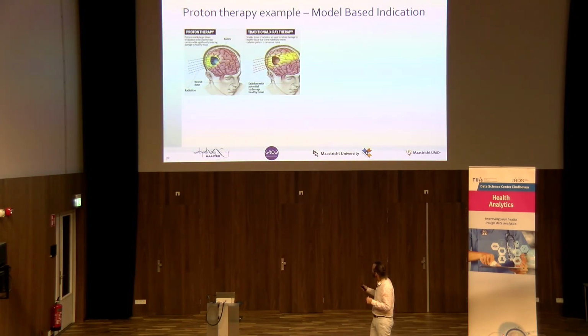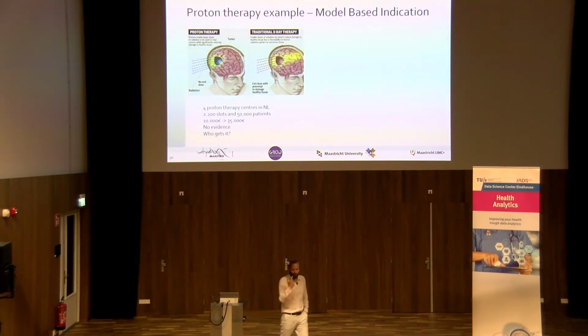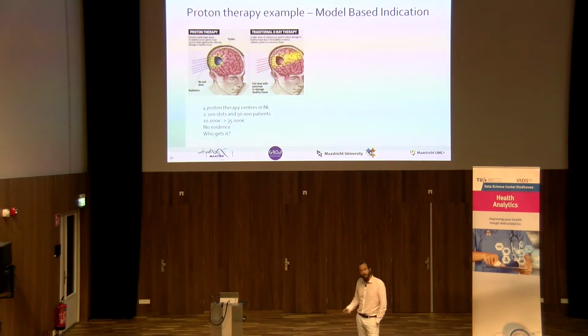Proton therapy is better because, because they're charged, they stop here just after the tumor. And so you save this whole part of the brain from toxicities. Okay, so on paper it looks great, huh? But there are, of course, a few issues. We're going to build 4 proton therapy centers in Holland, which means we have about 2,000 slots. But every year, 50,000 patients get irradiated. Which of the 50,000 will get protons is the question we ask ourselves. Because we have only a few slots, and it's also about 3 times more expensive than normal radiation.